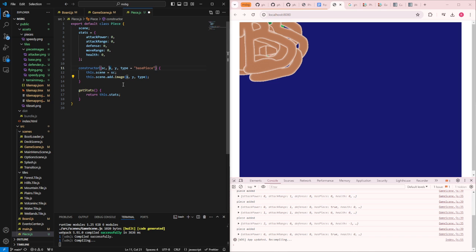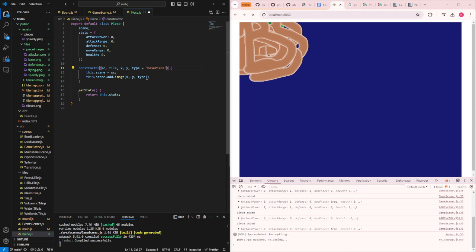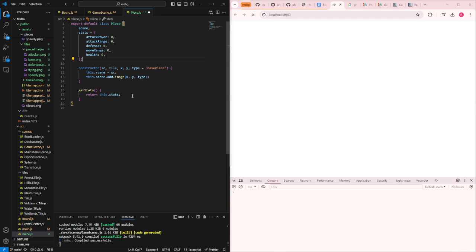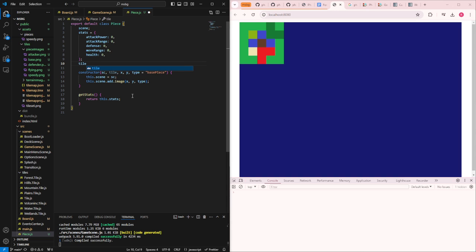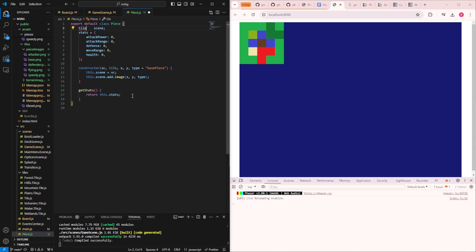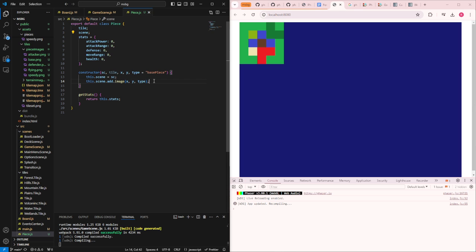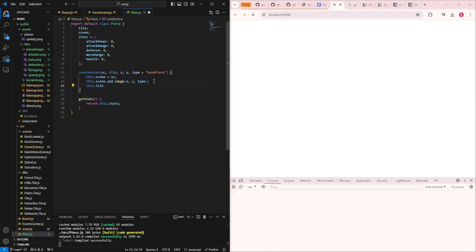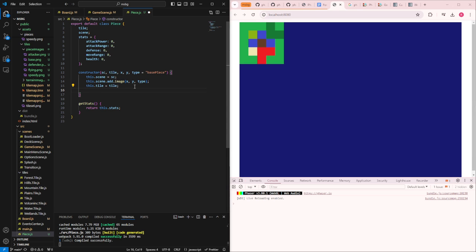So this is the tile, and I would say that tile is empty. No, I can't do this either. Okay, it's alright, doesn't matter. I would say that this dot tile equals tile, and